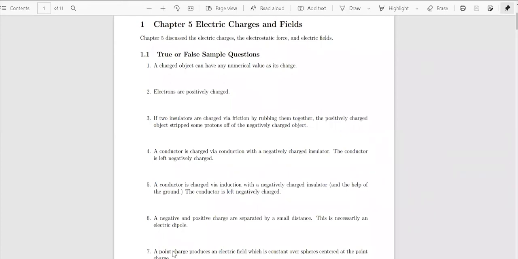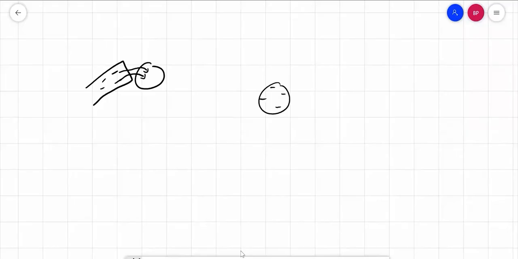5, a conductor is charged via induction with a negatively charged insulator with the help of the ground. The conductor is left negatively charged. This is false. When you charge something via induction, you end up with the opposite sign charge. So this time, you have some negatively charged insulator. If you hold it close to a conductor, the electrons over here are going to put force on the free electrons that can move around in the conductor,